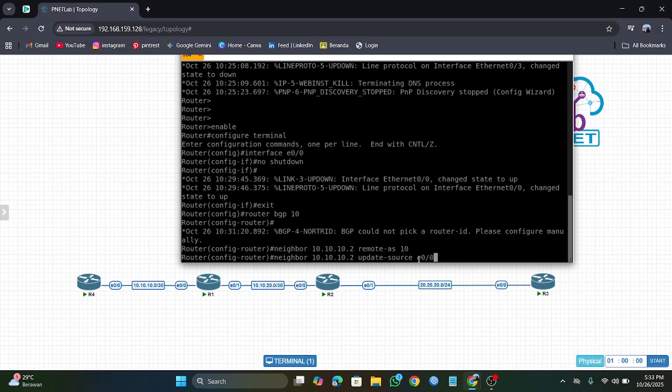Update source a0/0. This update source is useful for updating BGP because it is changed to an IP address or other things.